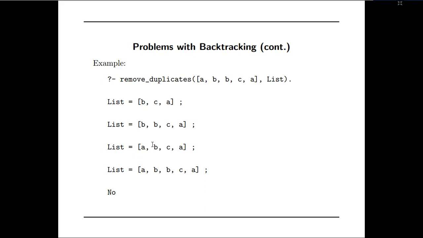Thereby the element which is already visited is visited again and again, ignoring the check of whether the element is already present in the list or not. So this kind of problem may arise due to backtracking. In order to overcome this disadvantage, a special feature has been introduced in Prolog called cut. That is cut.